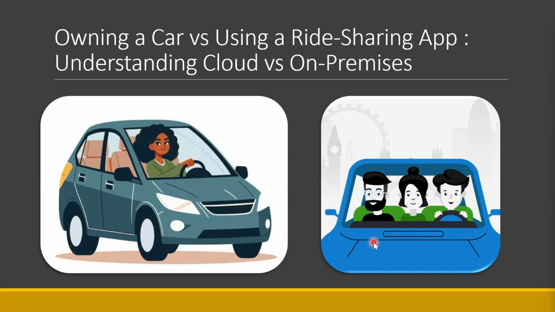So during the booking, you can choose the type of the car, whether it is SUV or sedan, etc., based on the situation or based on the availability. In that case, you are not going to have any maintenance cost spent on this ride sharing app for the car that you're going to ride. And you don't have to worry about any parking fees, no fuel cost. You pay only when you use it, right? So this is what we can relate to a cloud computing system.